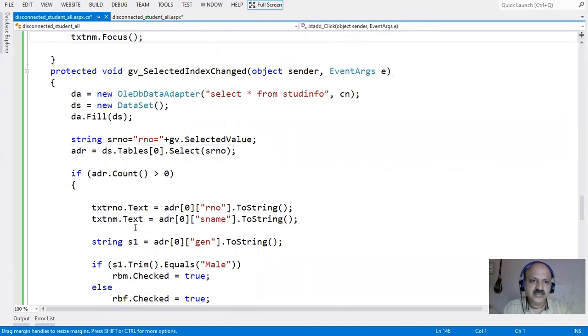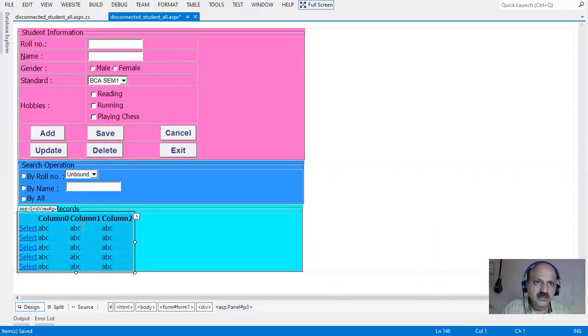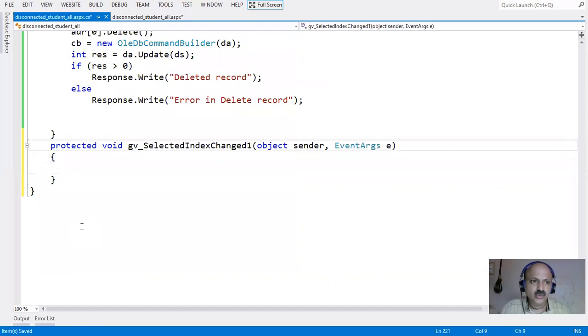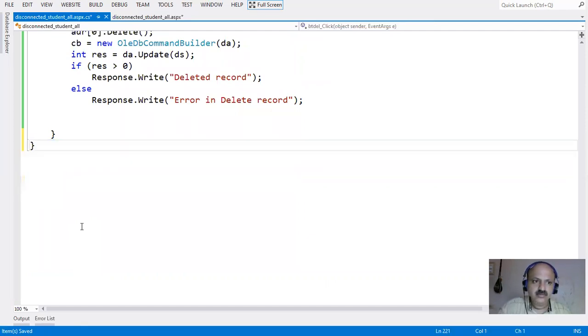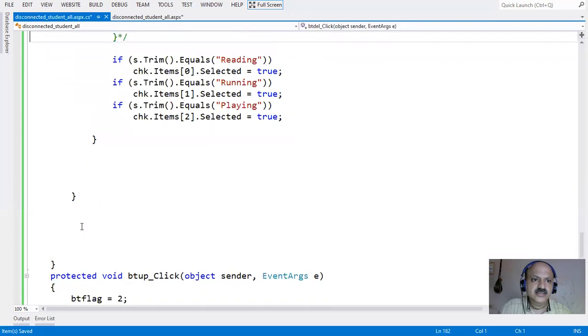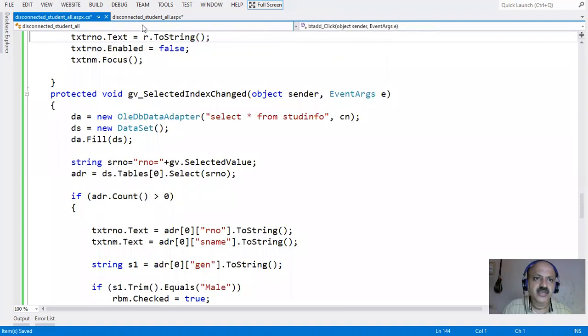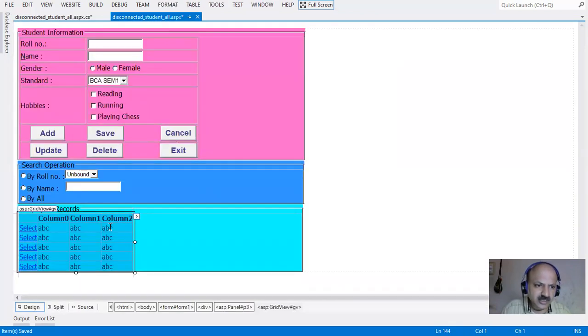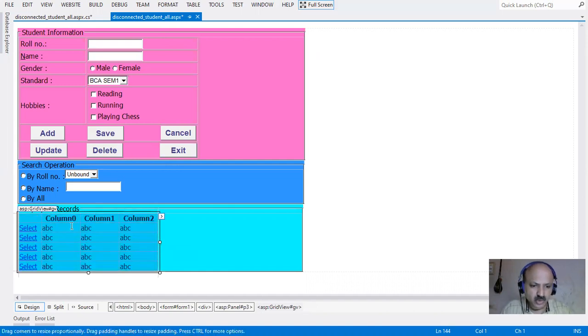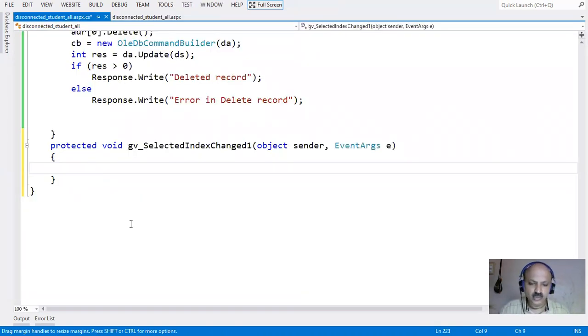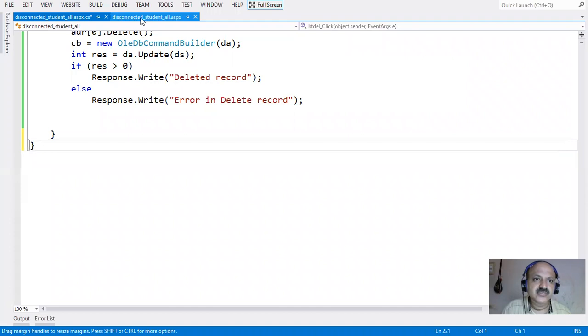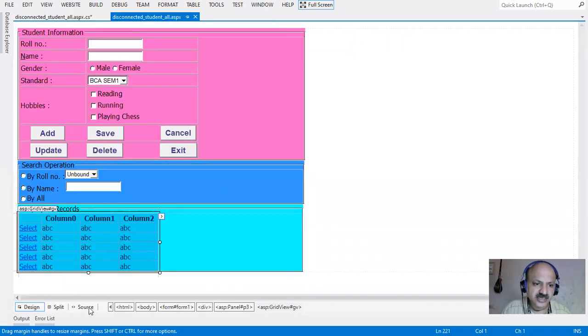Yes, that method is there. So what happened? Yes, it is taking a new method. What is this? Why is it not giving this method? So we can write this code in the select index change event in the grid view. So I click double time. Something like this happens. So for the grid view I just stop and save. Yes, instead of taking a new method, we can make some design changes there. So let us go to the design part.